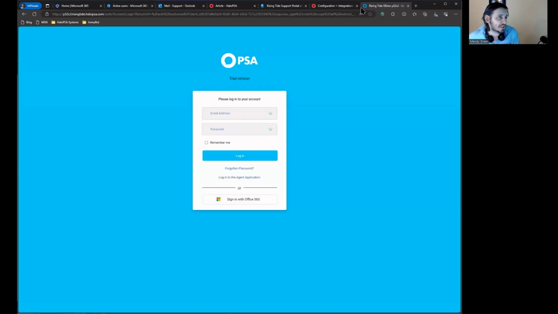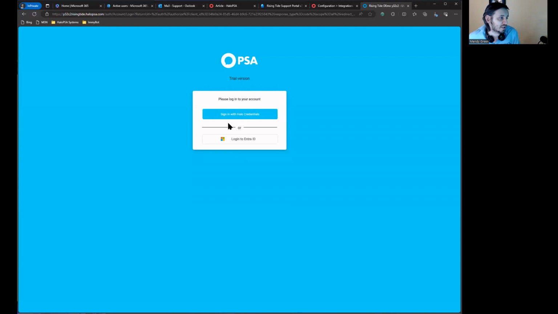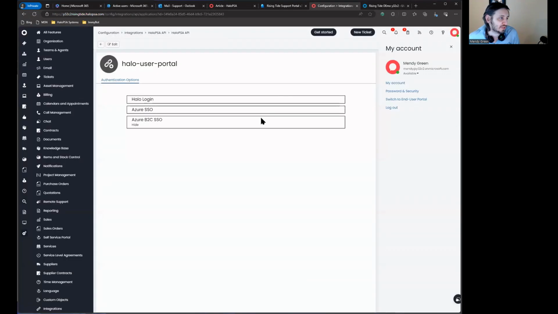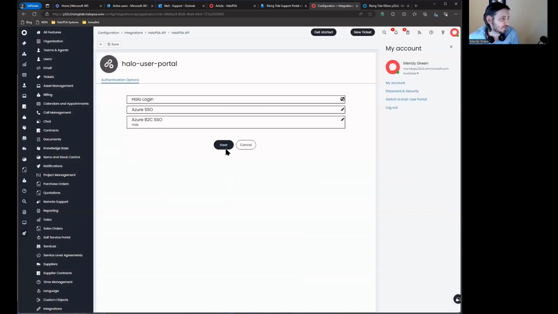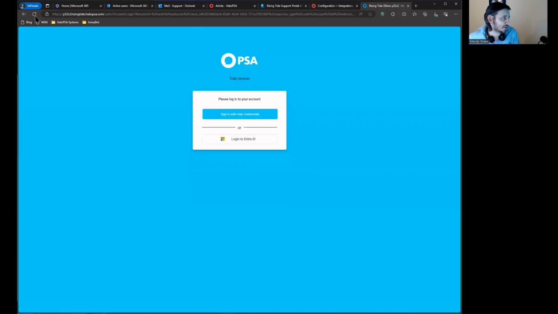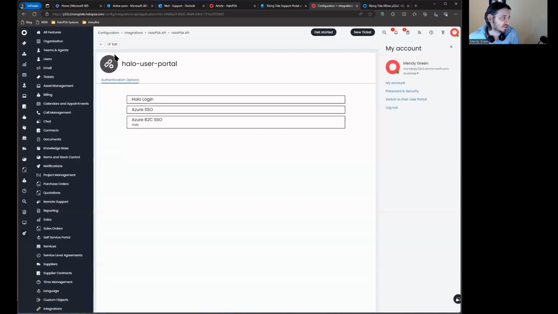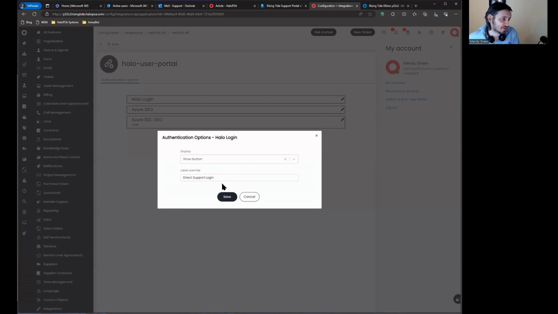And then if I come back here and reload, I now have the same 2 buttons. I can also rename the Halo credentials to say direct support login, so to speak, or some other terminology that makes sense because your clients may not know what Halo is. So you can rename that to be like Rising Tide